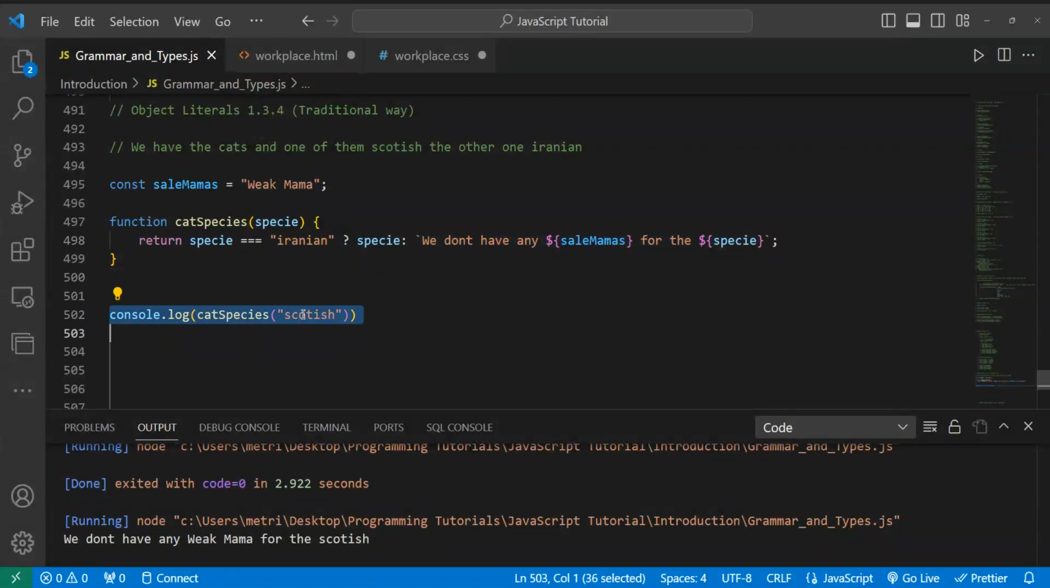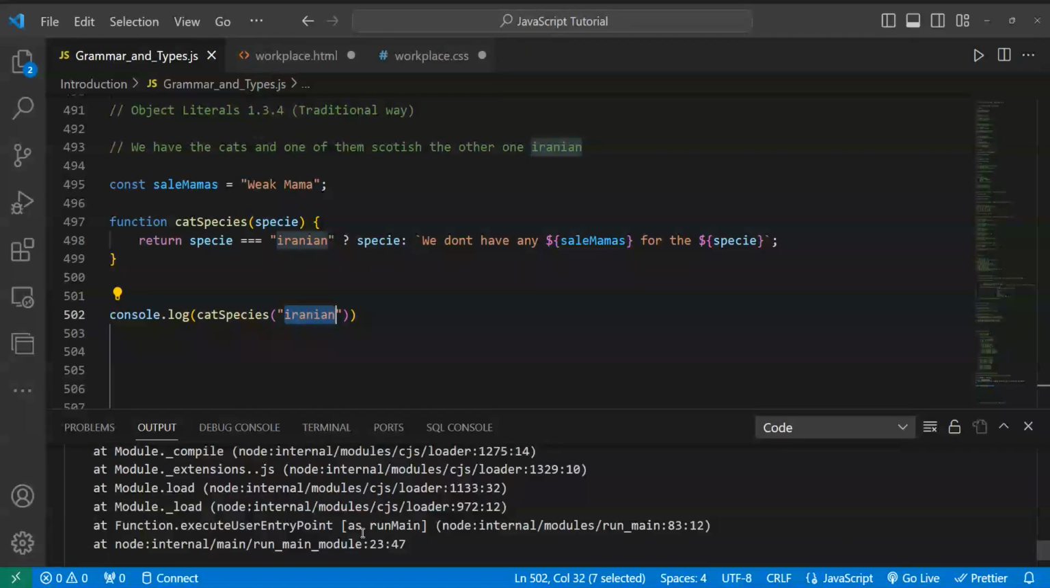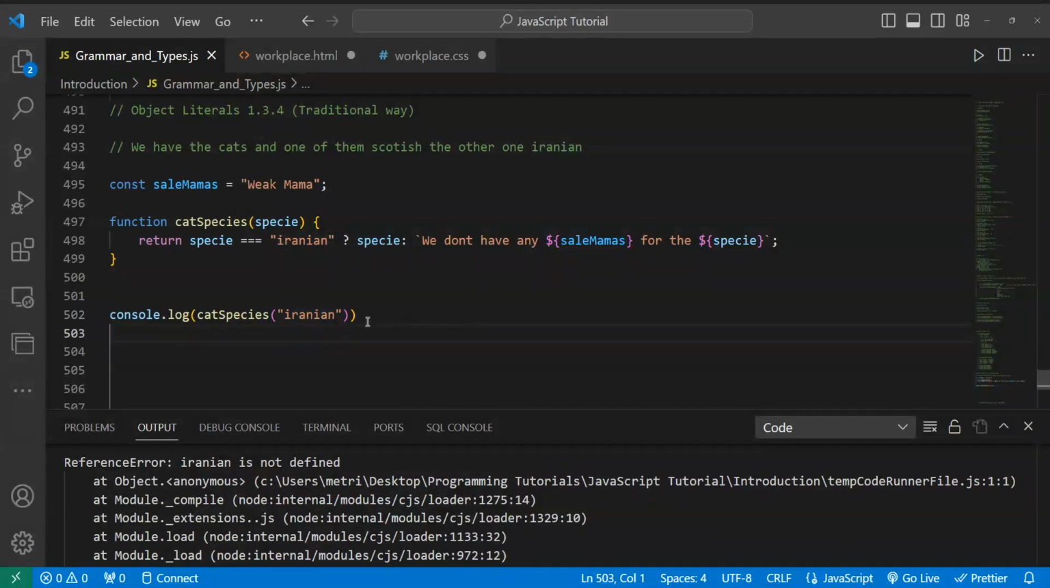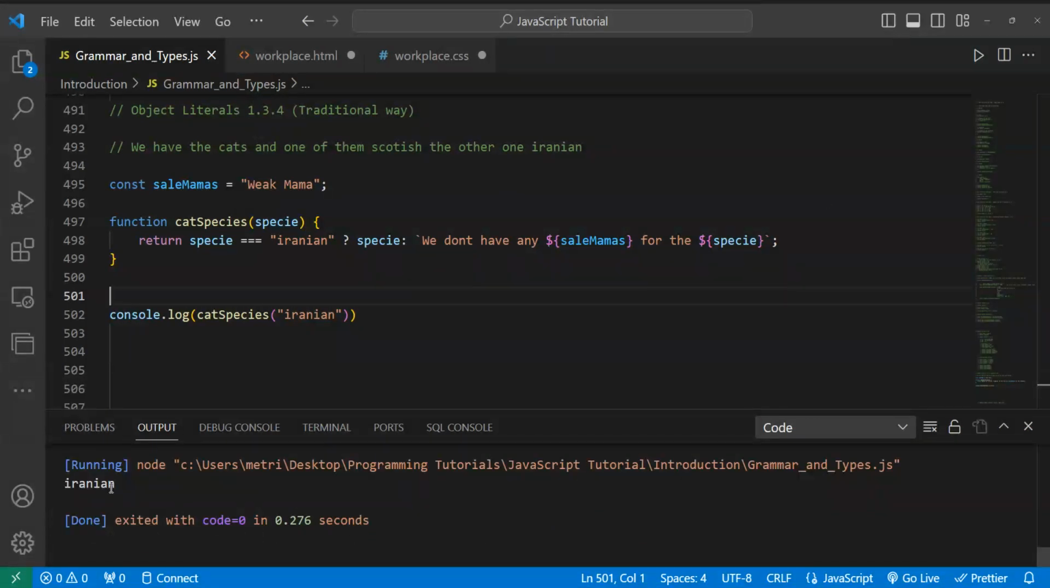Okay, so if we say Iranian, what will happen? Let's run that and see. It says Iranian is not defined. Why is Iranian not defined? It's just showing us Iranian, but there is no text, as we see here, right? Because we put a question mark, we said if it is already Iranian, then just do some stuff like this. But if it is not Iranian, then say we don't have any,